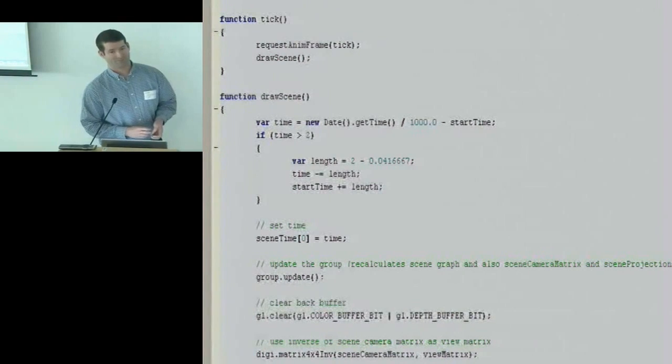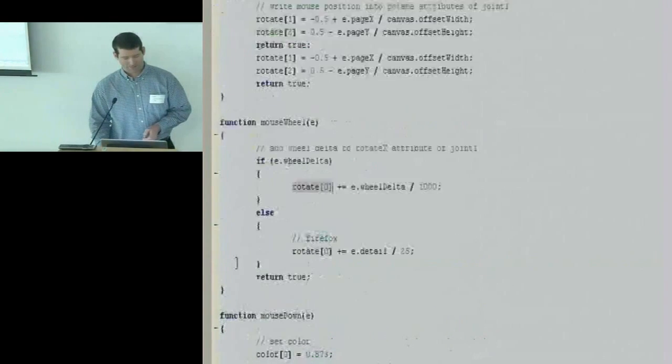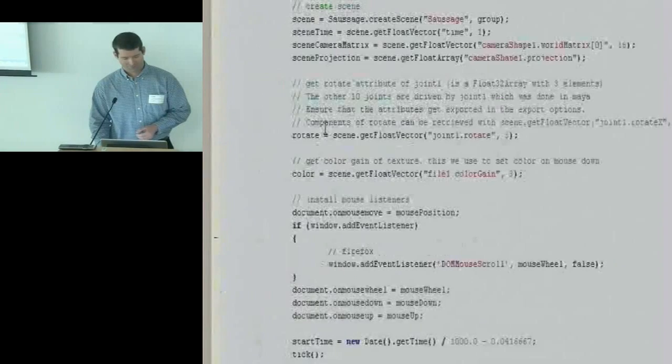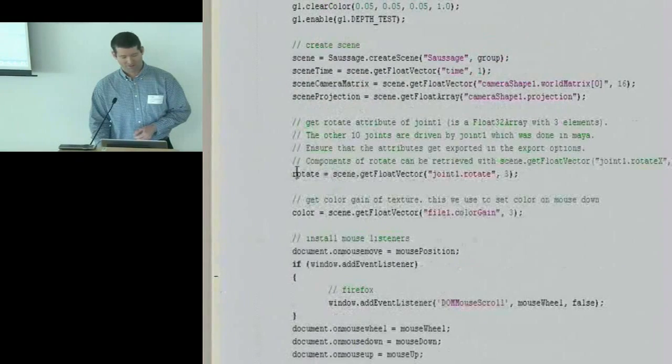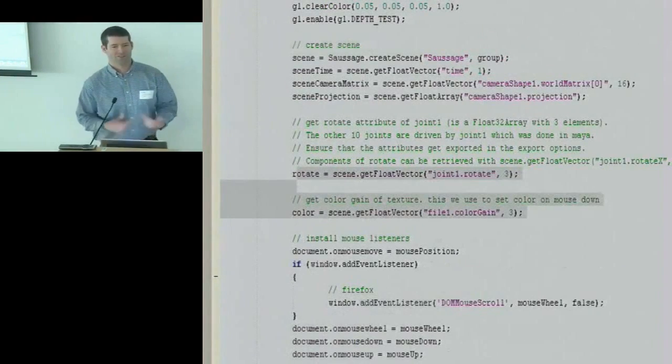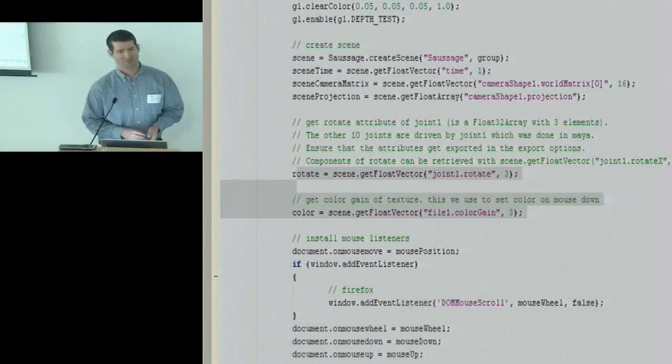There's a nice looking JavaScript API. Those are things you wrote on top of, I guess this is used to access the exported scenes. Okay, so you wrote that on top. Yeah. Maybe I just missed the first part.